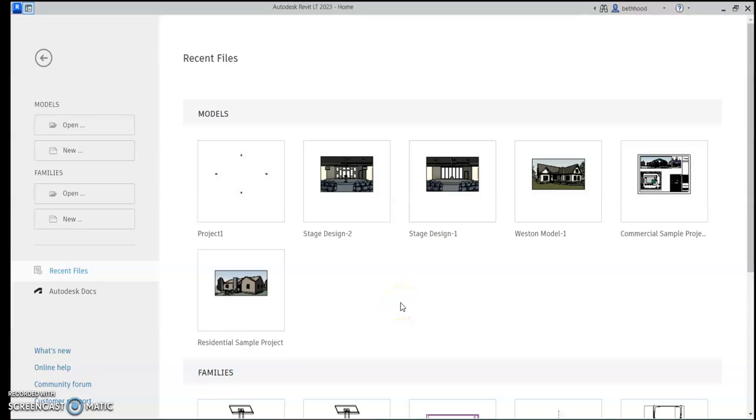Welcome to Getting Started with Revit. This is a quick overview video of the user interface. So before you can really get started working in Revit, you need to know what the program looks like and